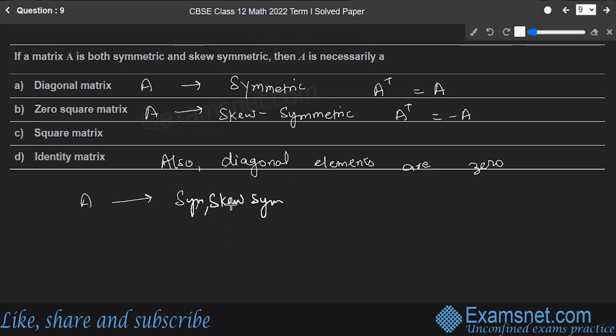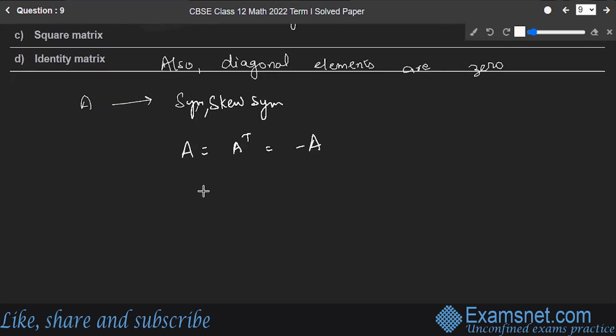Right? It is both of these. That means A is equal to A transpose is equal to minus of A, which is only possible if A, see, if A is equal to minus of A, that means 2A is equal to 0, which is the only condition when A is a 0